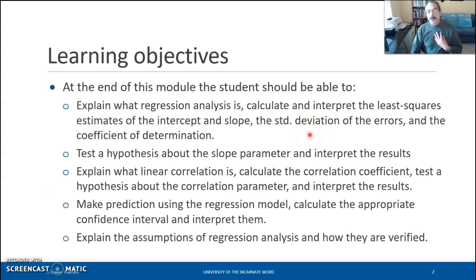The learning objectives for this module are that by the end of it, you should be able to explain what regression analysis is. You should be able to calculate and interpret the least squares estimates of the intercept and the slope for the regression model. You should be able to calculate the standard deviation of the errors and the coefficient of determination. Also, you should be able to perform a test of hypothesis about the slope parameter and interpret the results of